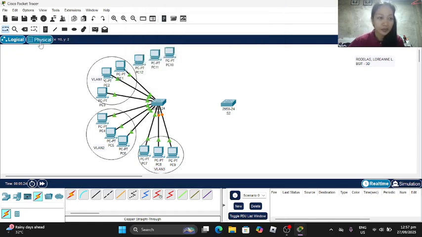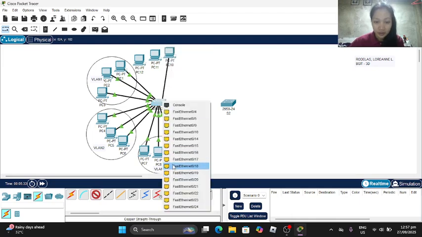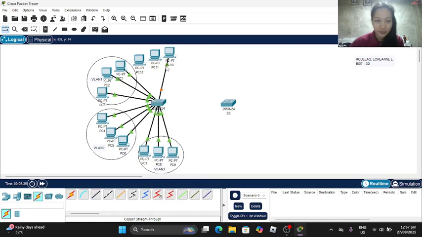And for VLAN 4, we will accommodate the Ethernet ports 16 to 20.